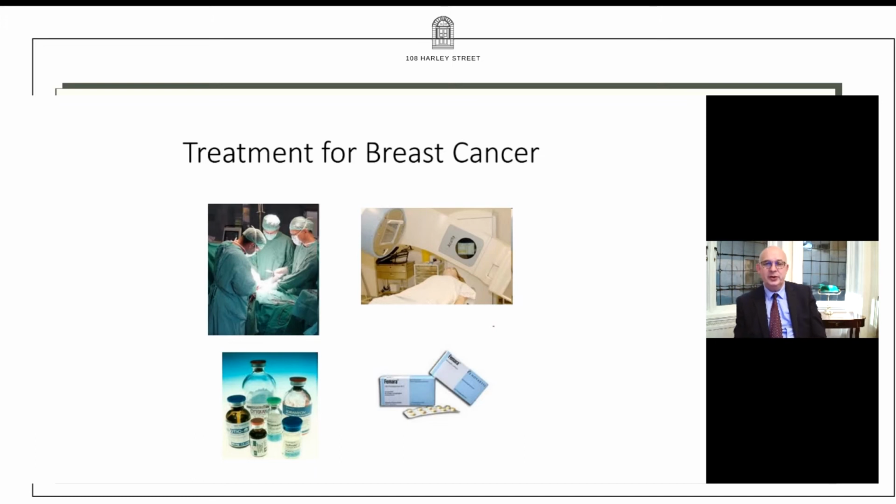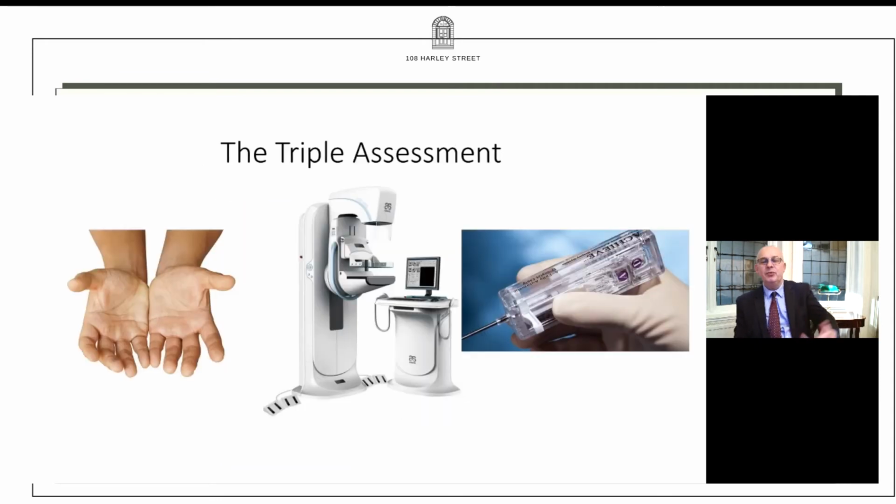Let's have a look at the treatments for breast cancer. And we've got surgery, radiotherapy, top right, other drug treatment, chemotherapy, and then what we call endocrine treatment. I'll come onto that in a minute. And I think I just want to run through what happens when you come along, for example, with a breast